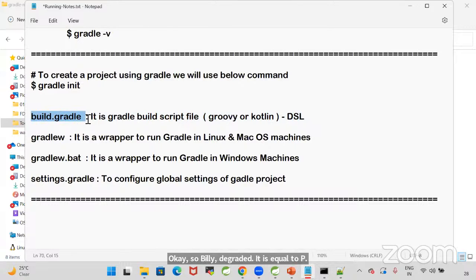In Maven, the pom.xml file contains Maven configuration. In Gradle, the build.gradle file contains Gradle configuration. gradlew is a wrapper to run Gradle on a Linux machine. That means, as I told you, you need not install Gradle on every machine where you want to run it, because Gradle provides you a wrapper, and using that wrapper you can run Gradle